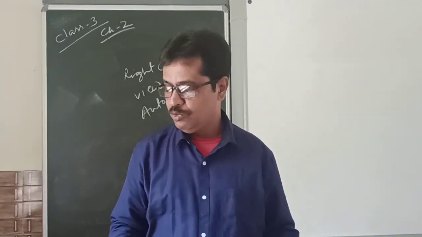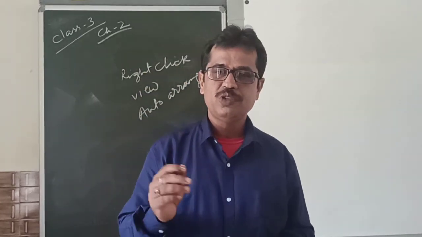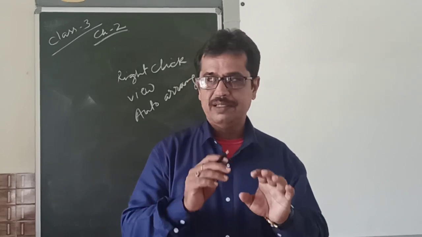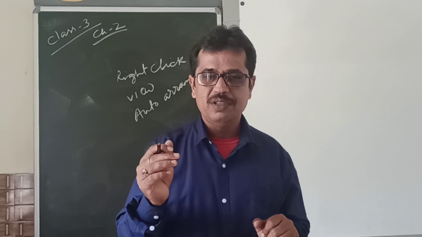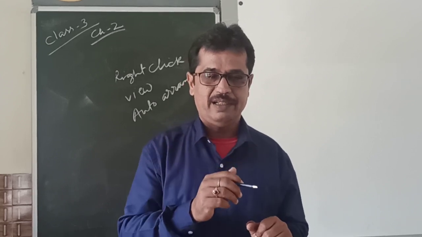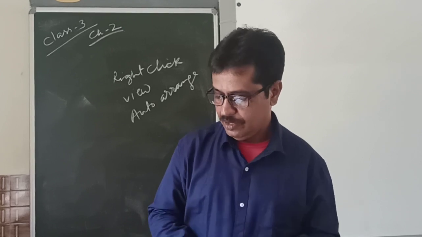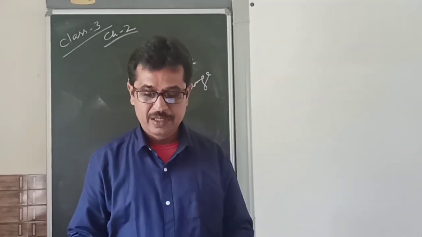Again I repeat, you have to right click on the blank area of the desktop, then move your mouse pointer to gadgets and click there. You will find the gadgets window. From the window, you select your gadget by double clicking on it. When you double click, that gadget will come onto your desktop. So these are the steps to bring gadgets onto the desktop.